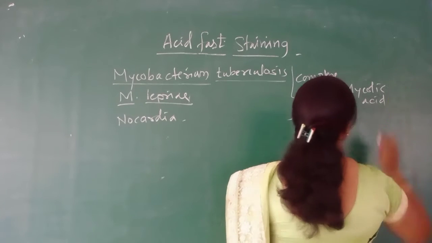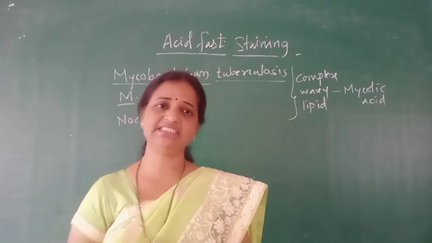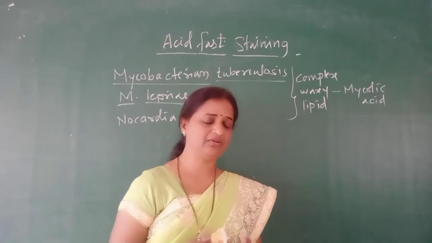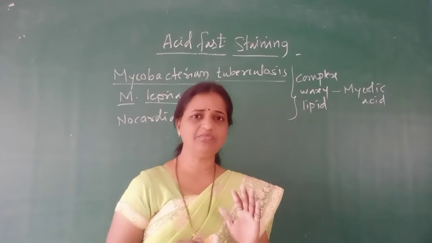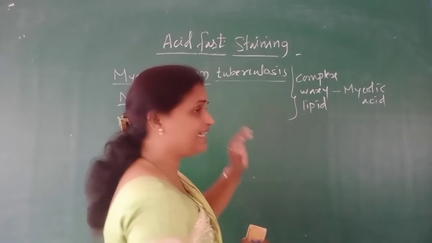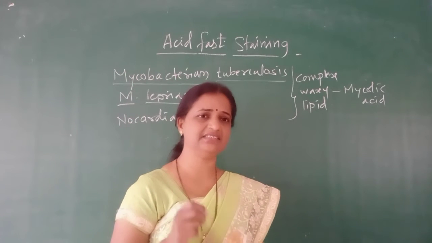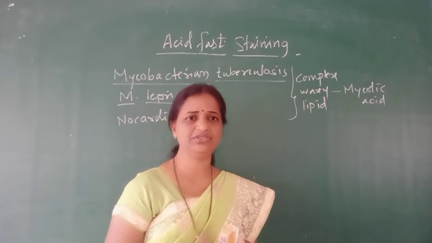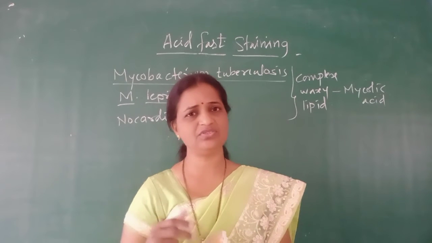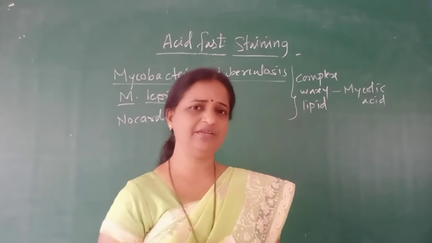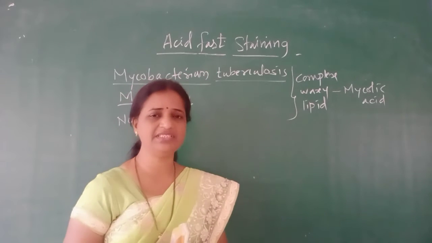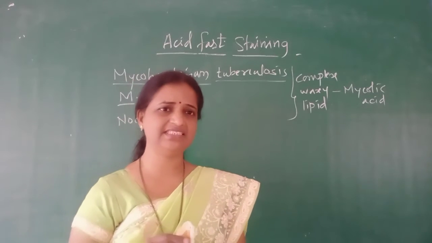Because of the large percentage of waxy lipids in their cell wall, they are oily on their external side, and because of that we cannot apply an aqueous stain or perform gram staining. For that reason we require a second method, and that method is called acid fast staining. So acid fast staining is specially used for the identification of the genus Mycobacteria. One example is Mycobacterium tuberculosis, which causes TB, another is Mycobacterium leprae, which causes leprosy, and a third group is Nocardia. For the identification of these organisms, the staining used is called acid fast staining.